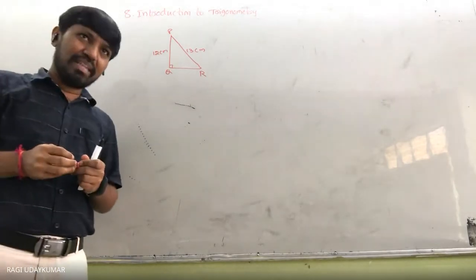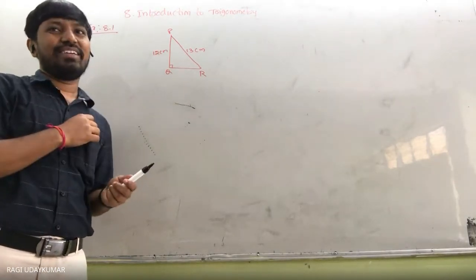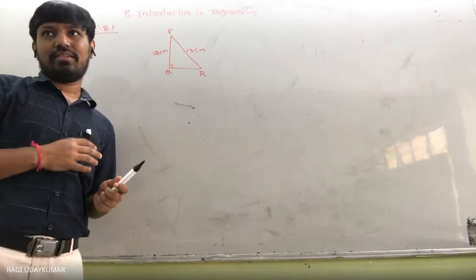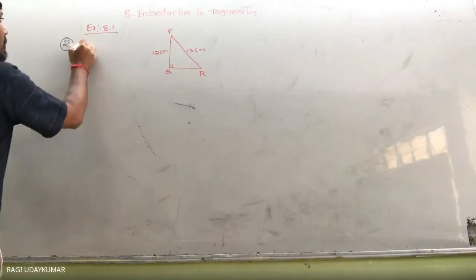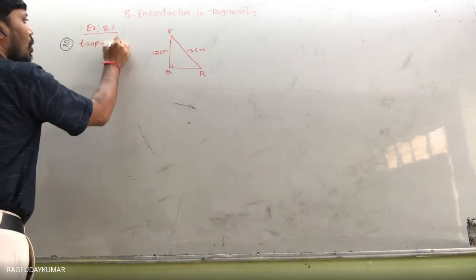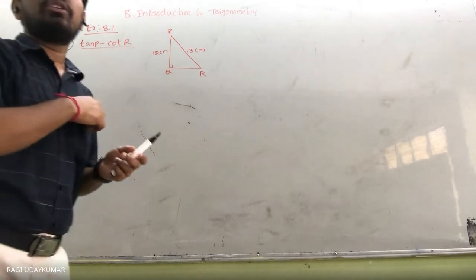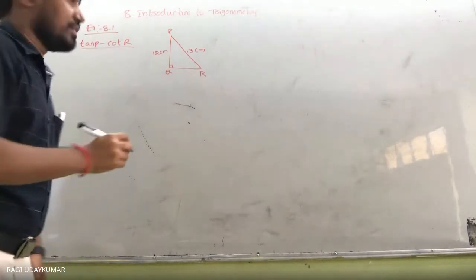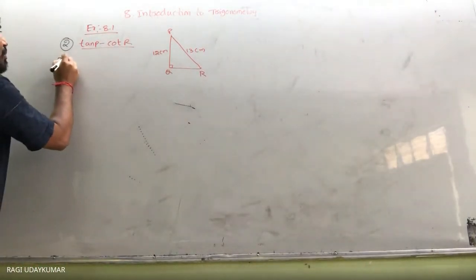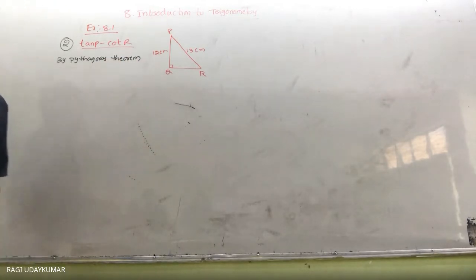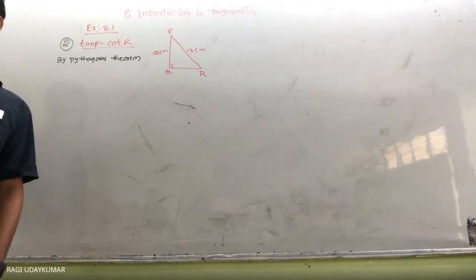Because if you remember the Pythagorean triplet, you will be able to find it. So I'm asking you to find out tan P minus cot R. It is asking you to find out tan P minus cot R. See here. First, you need to find out the missing side here, in the triangle, by Pythagoras theorem. Sir, 5 centimeters. Yes. But you have to write it here normally. In an objective type question, if it is given to you directly, you can take it.